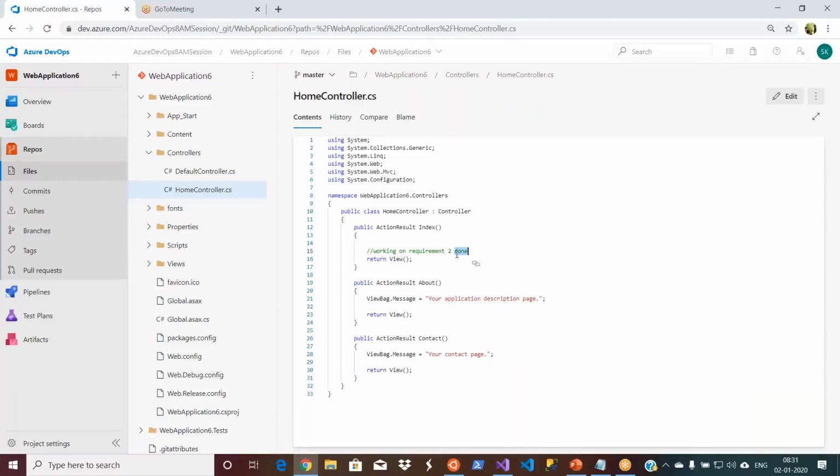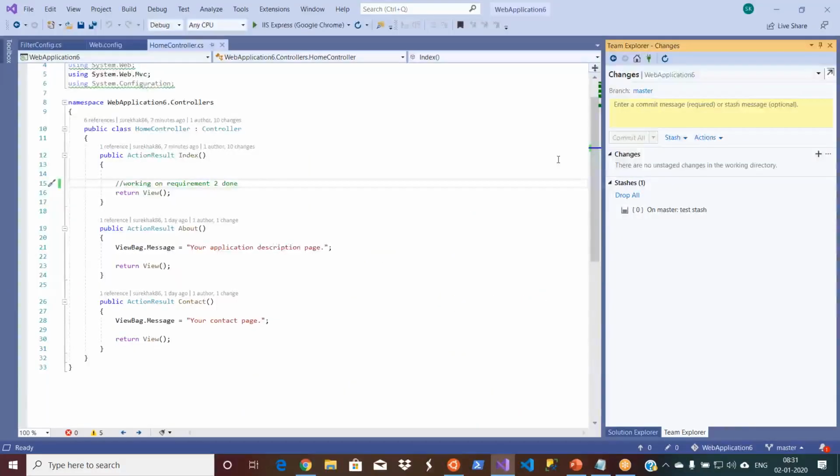Okay, this is how you do stashing, and then you can continue your work by using the command apply. Okay, now the difference, right? There is another command, right? Pop. Okay, so now I'm done with my changes, right? I no longer need this stash in my history. So how can I do it? I can simply drop it actually. If you have a number of stashes, you can click on drop all, or you can click on a single one and drop it. Done.